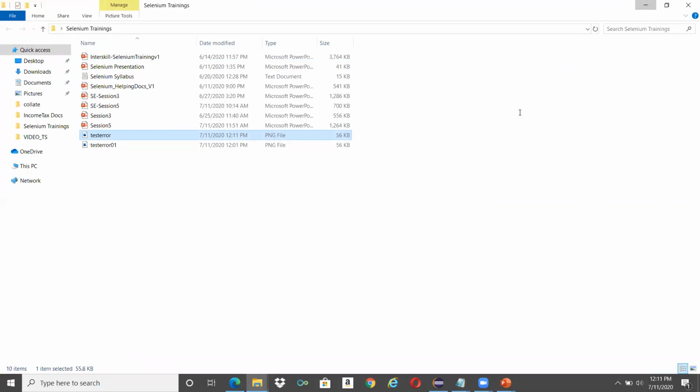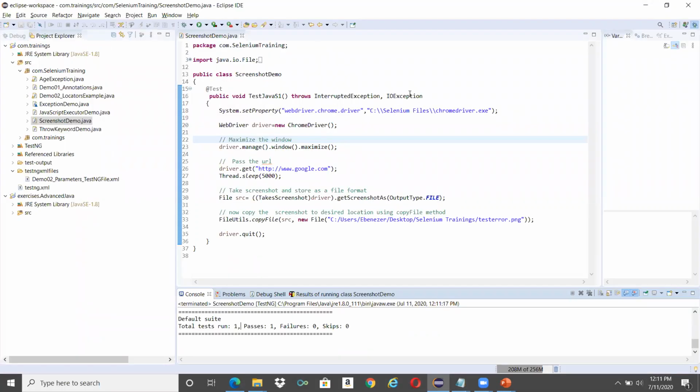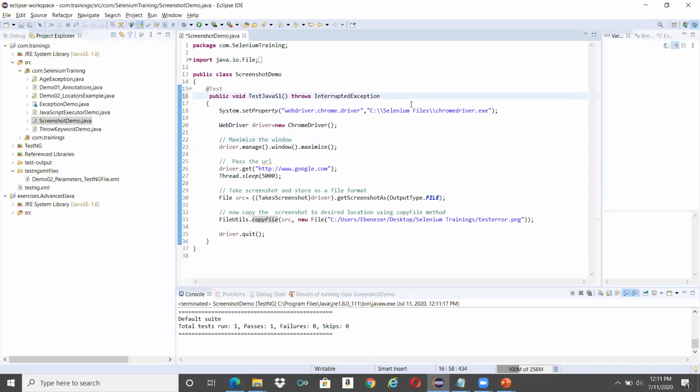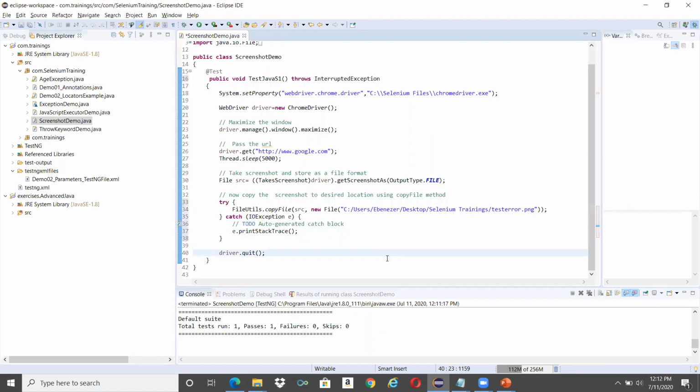So now let's remove this. Now again, I'm trying to see the exception. Now let me use surround with try catch. Okay. I just used it in the try catch. Let me run it again. I will remove this.